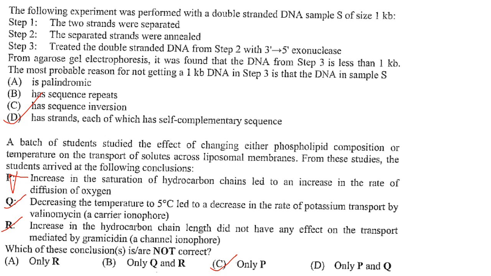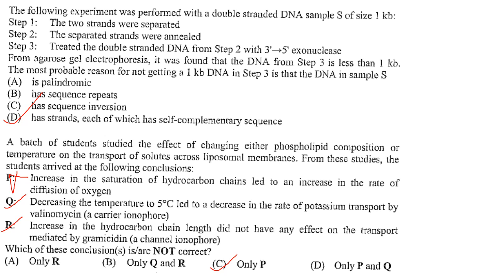Then next one. A batch of students studied the effect of changing either phospholipid composition or temperature on the transport of solutes across liposomal membranes. From these studies, the students arrived at the following conclusion. P: Increase in the saturation of hydrocarbon chain leads to an increase in the rate of diffusion of oxygen. It will not increase the rate of diffusion of oxygen, but it will decrease the rate of diffusion of oxygen